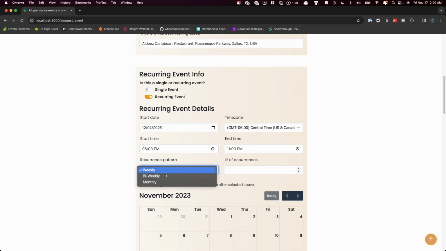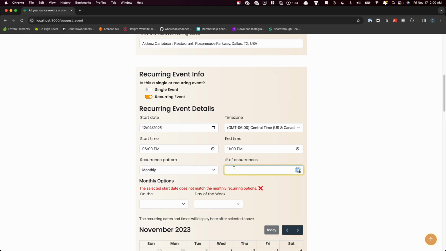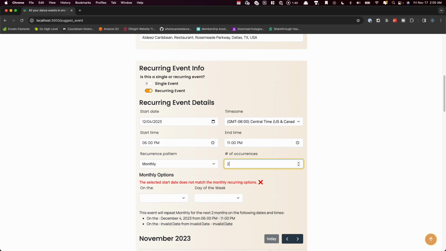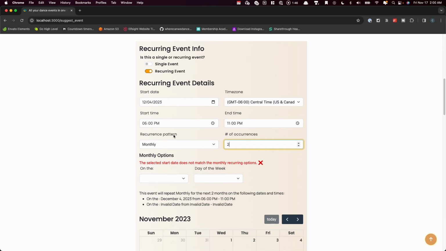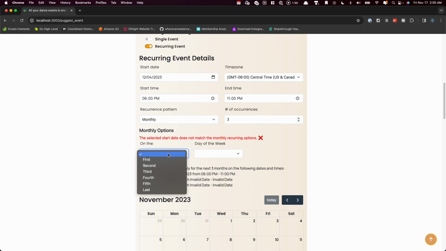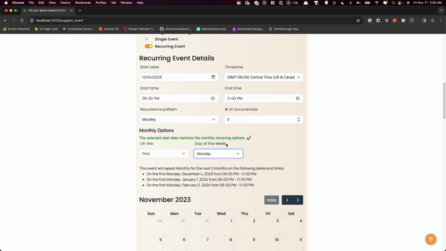And I added some JavaScript here, so when monthly is selected, these options show up here to choose on the day of the week, which was inspired by what I was seeing in Fantastical. So we can see here it's grabbing December the 4th, and we're just going to do 3 events here. So this is going to occur on the first Monday,